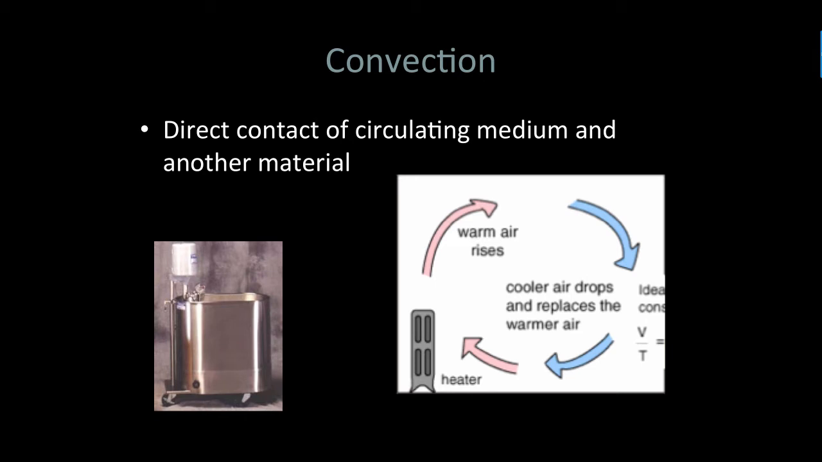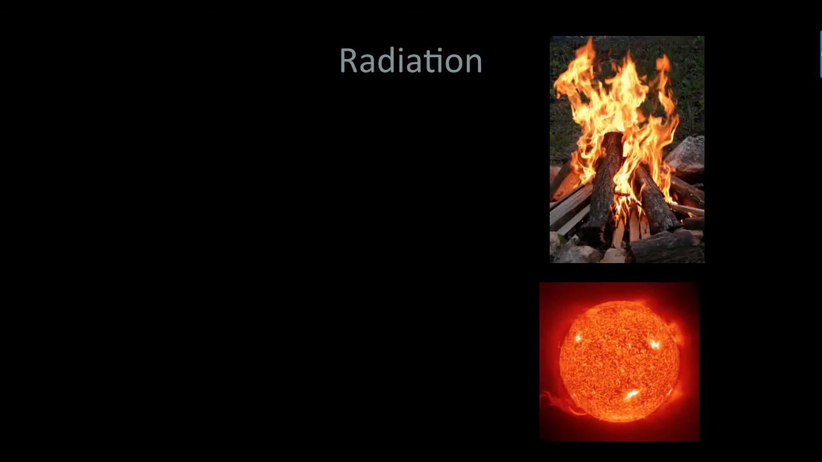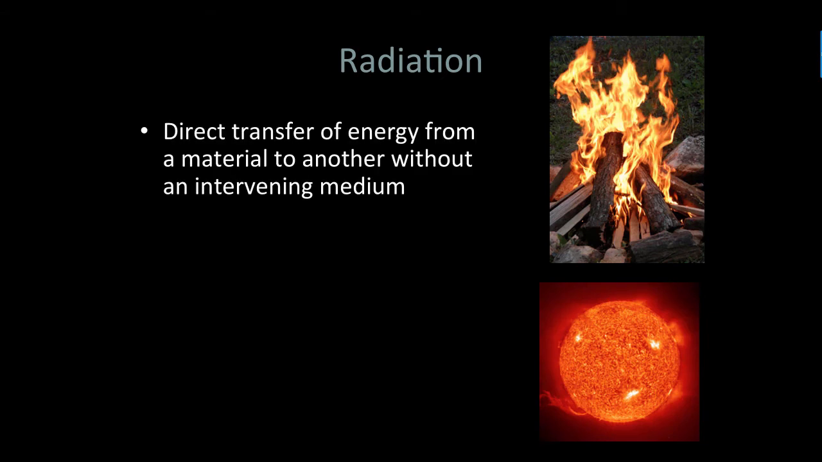Okay, so the key word there is circulating medium. We have to have that medium moving and circulating in order to have that type of heating mechanism. And then the third one is radiation, and that's direct transfer of energy without any medium in between. Okay, so a good example there is the energy that we get from the sun, coming through space with no intervening medium. All right, so we experience this, as I'm showing there, with the heat from a fire,